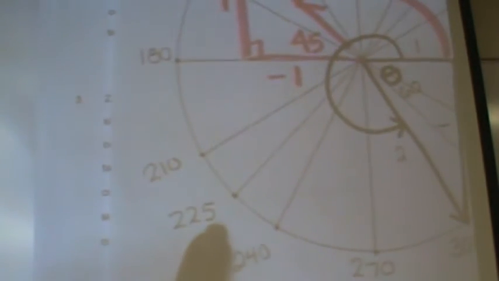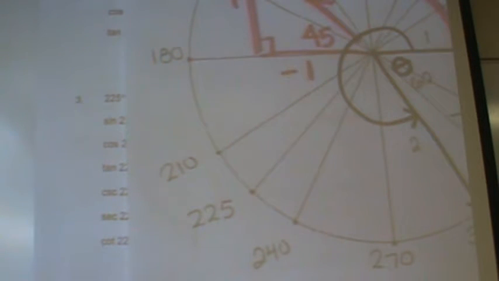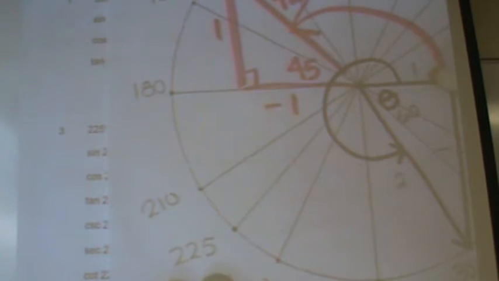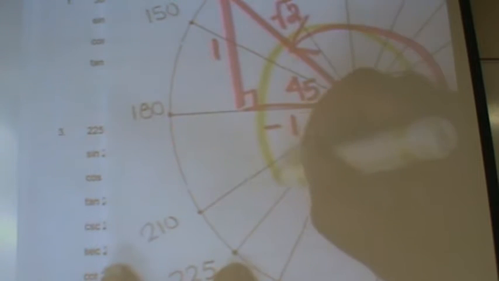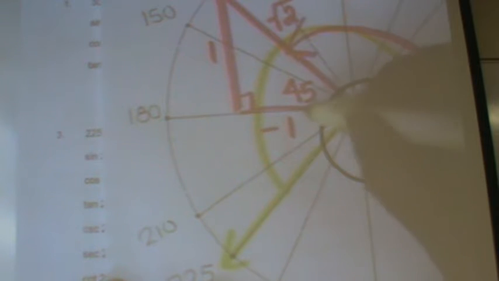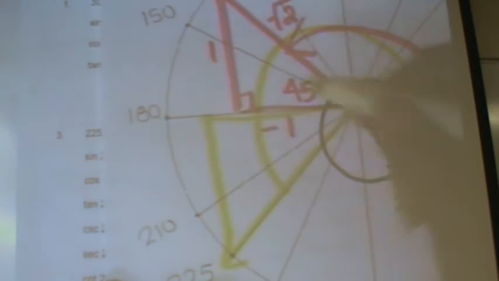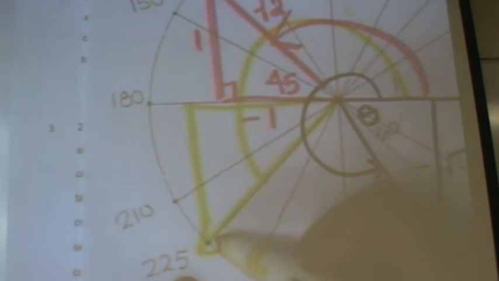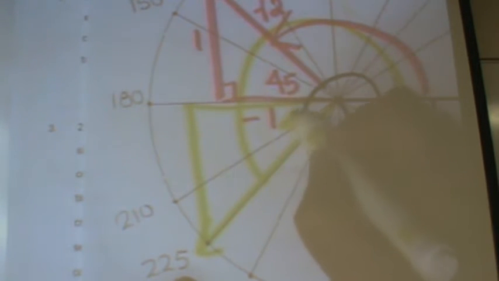Okay, next one. 225 degrees is where? The third quadrant. What kind of angle am I making? I'm going to be yellow now. What kind of angle am I making now? 45. So I'm going to make a 45. From here to here is 45. This is my 45 right here. 45. It's in quadrant